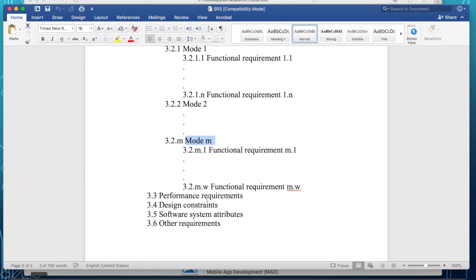So this could be defined in terms of seconds, that the user should not wait more than 3 seconds or 2 seconds to see the cursor coming back and waiting for the next command. So these performance requirements are a part of section 3.